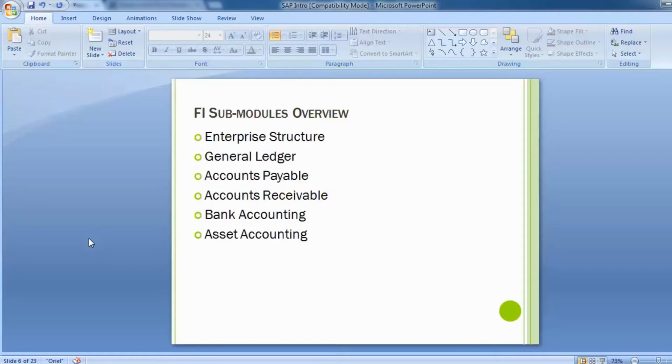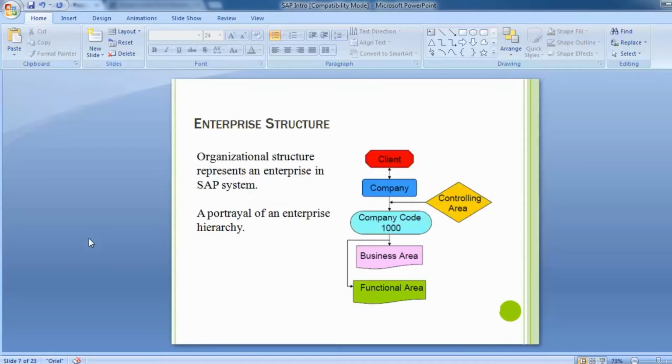Now these are the various topics in the FI module which we will be covering. This is the part of the course content. The course content is divided into two parts. One is FI and the other is CO. So the FI submodule overview includes enterprise structure, general ledger accounting, then accounts payable, accounts receivable, bank accounting, assets accounting. If we go through these one by one, the enterprise structure, as you can see on the screen,